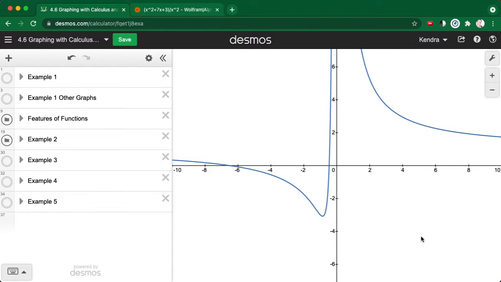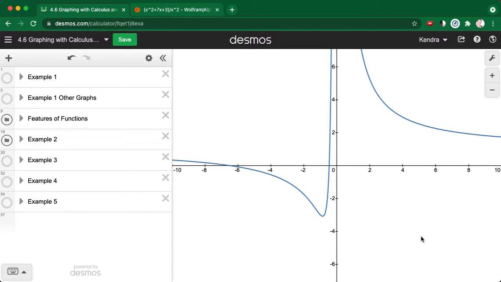Here we're looking at another example of using both our understanding of how to poke around and analyze functions using pre-calculus and calculus tools, skills, and then also using computer tools in order to get at that. Again, I want to be clear that every technology that you use is going to have different default ways of displaying a graph to you. So you're always going to need to poke around and see if you